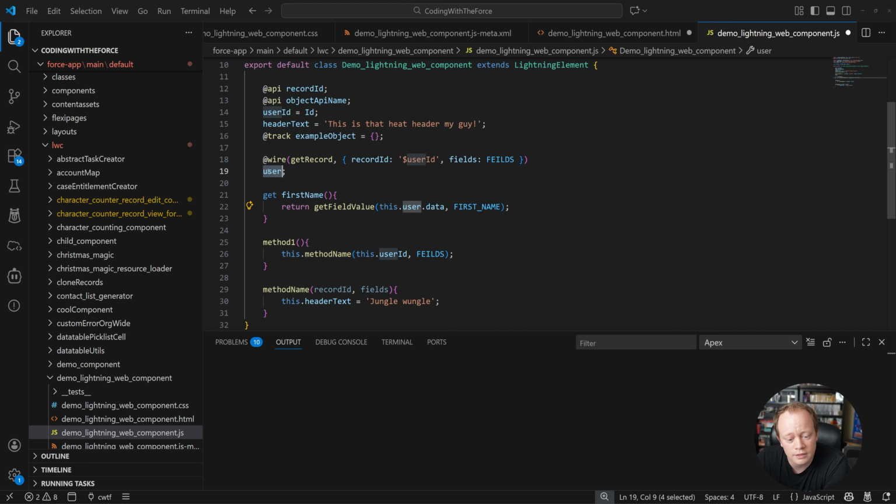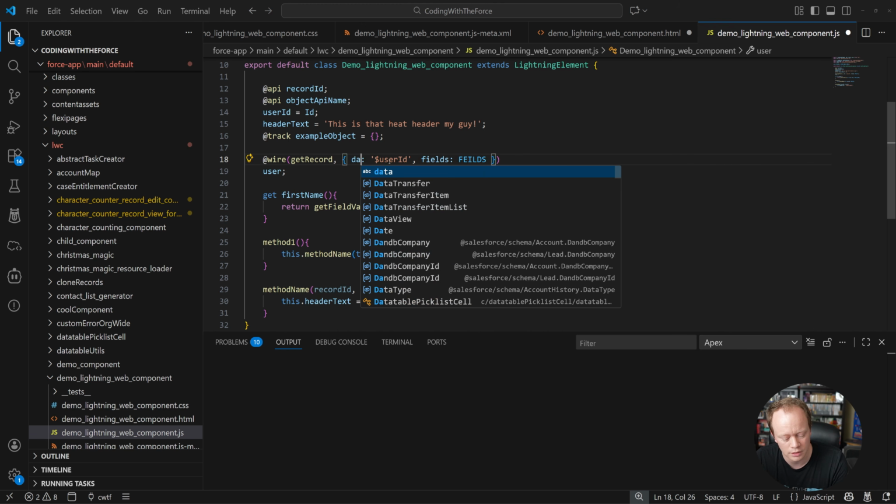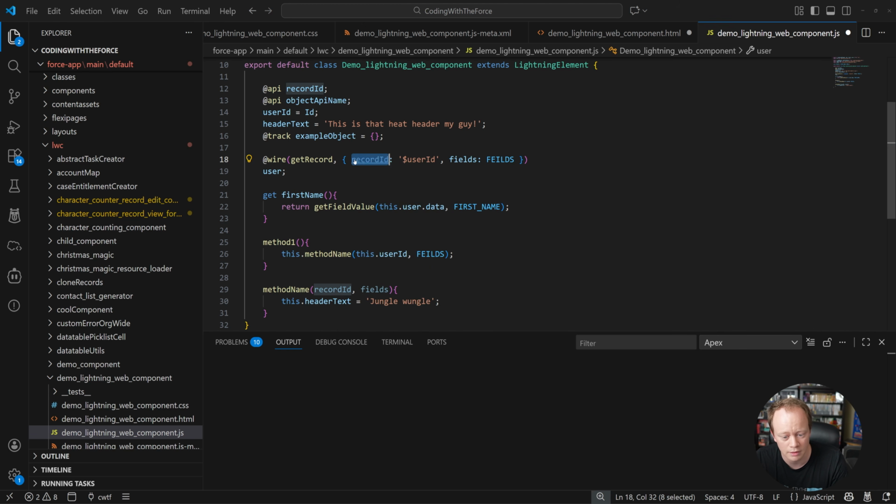It's saying this Lightning Web Component's user property, and because this user property is an object, it has a value in this object, much like here, if I change this to data, right? It's the same kind of idea. It has a value in this user object called data. So I'm saying in this LWC, please use the user property, and from the user property, retrieve the data attribute, or the data property, actually, from the user property. Kind of confusing,